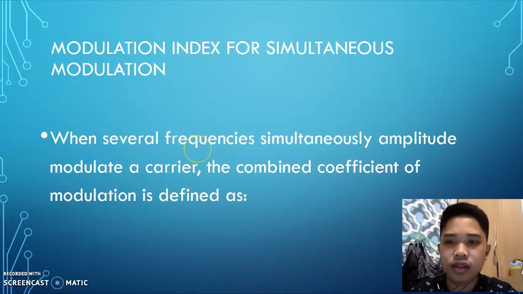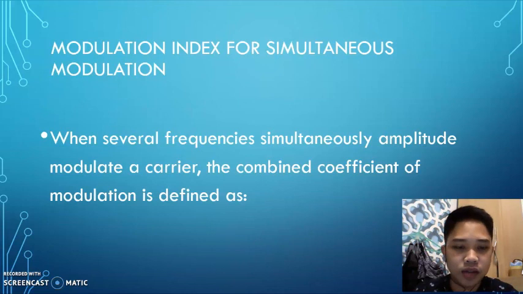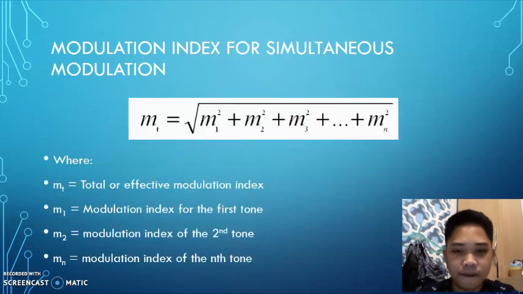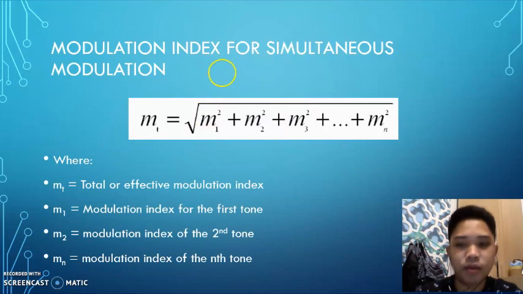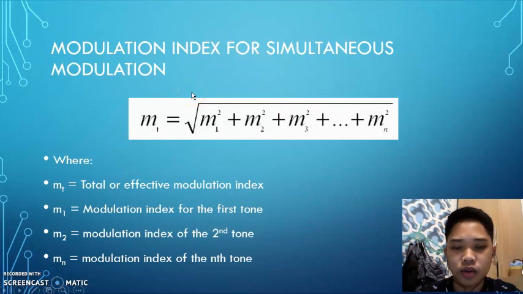So next, the modulation index for simultaneous modulation. When several frequencies simultaneously amplitude modulate a carrier, the combined coefficient of modulation is defined by this formula: M sub t equals the square root of M sub 1 squared plus M sub 2 squared plus M sub 3 squared plus up to M sub n squared,